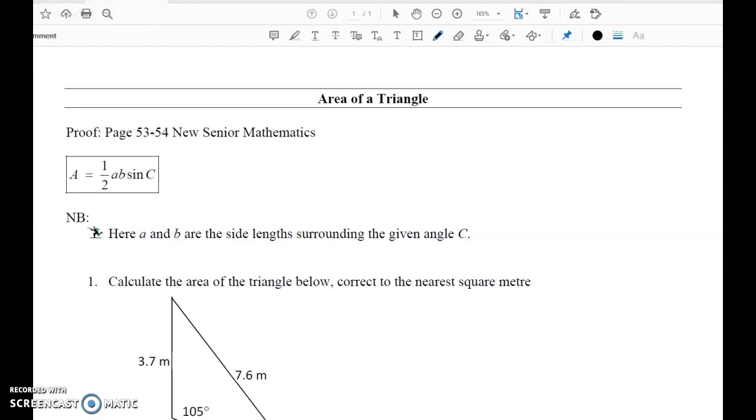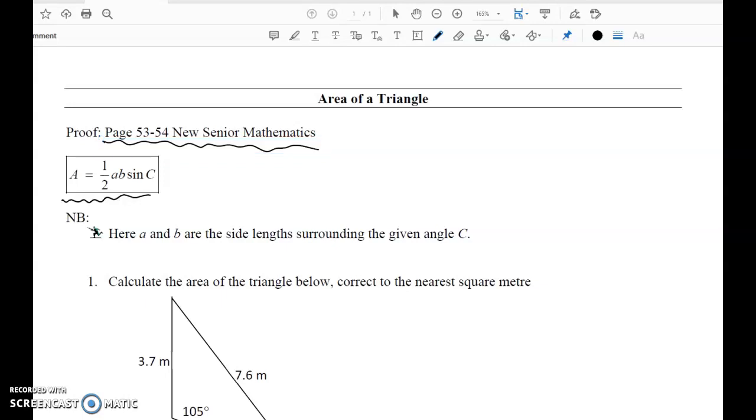In this video we will see how to find the area of a triangle. If you want to look at the proof for this, then you can find it in your textbook. So to find the area, if you don't know the base and the perpendicular height, you can use this rule: